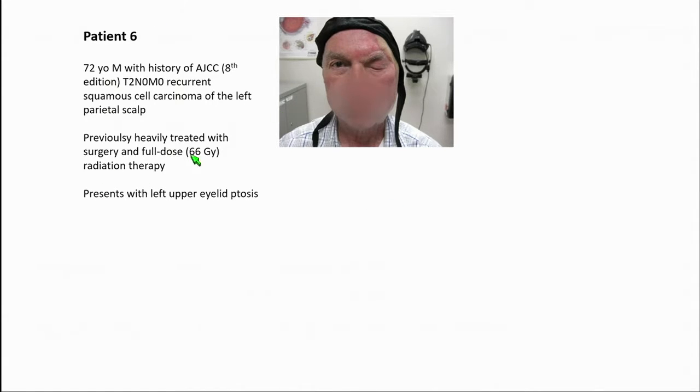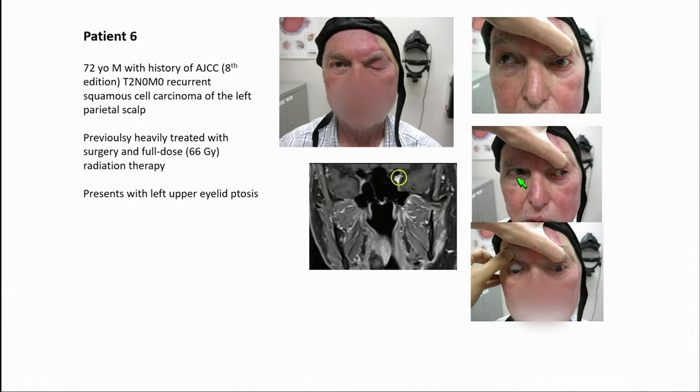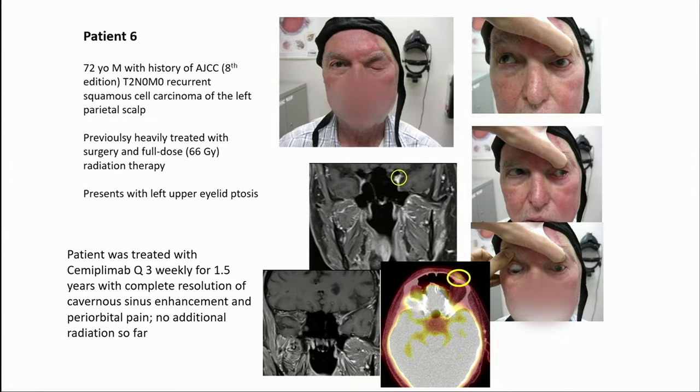A 72-year-old man, heavily treated surgically with radiation and surgery and radiation, but has massive perineural invasion. You can see the multiple cranial neuropathies. So he enrolled in a PD-1 inhibitor drug. You can see his degree of perineural invasion in the cavernous sinus and in the area of the supraorbital nerve. And he was just treated with cemiplimab, no radiation, every 3 weeks, and you can see resolution of his perineural